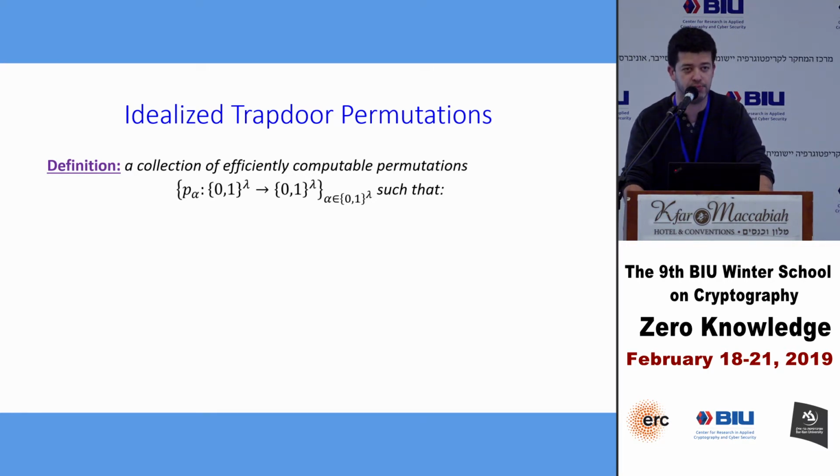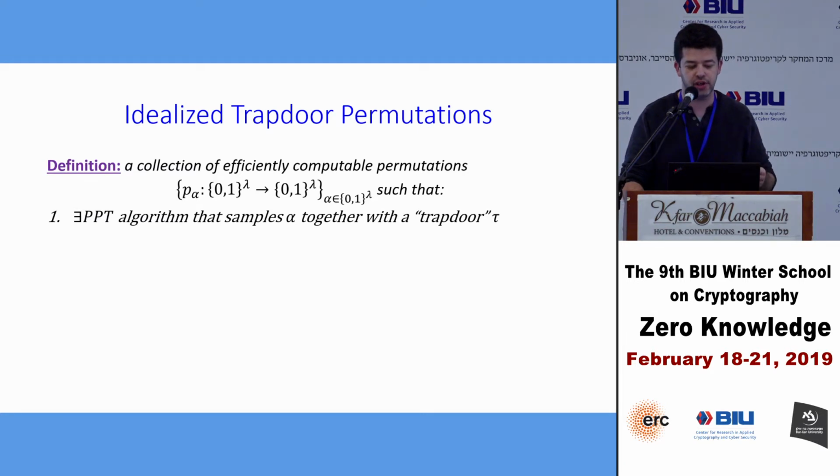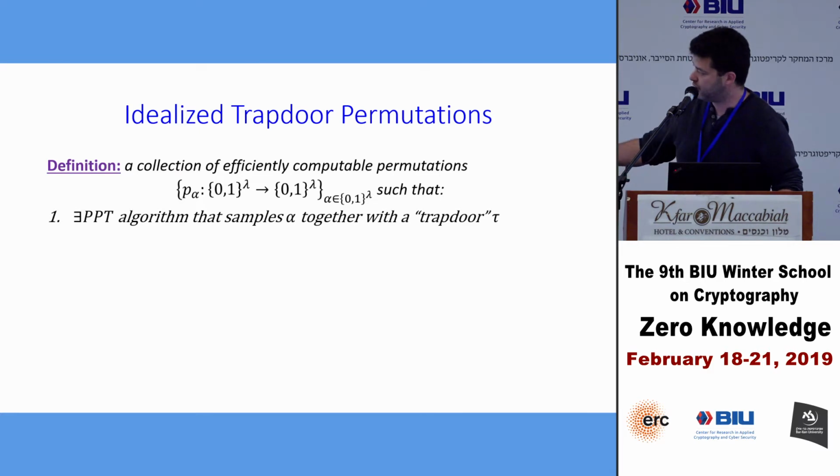And they're all efficiently computable. So given alpha and an input x, I can compute P sub alpha of x. Okay, so so far not so interesting. That's just the syntactic requirements. In addition, the crucial thing that I want is that, of course, anyone can go along and generate